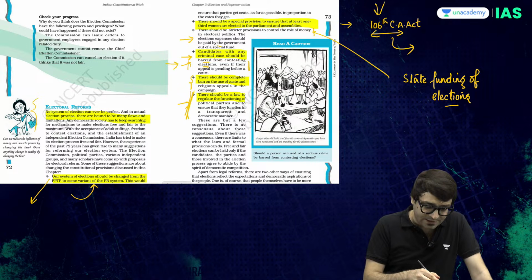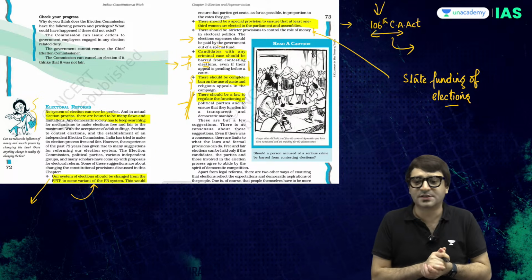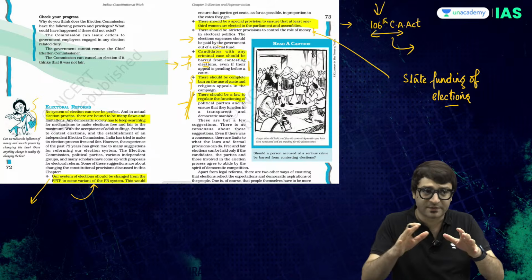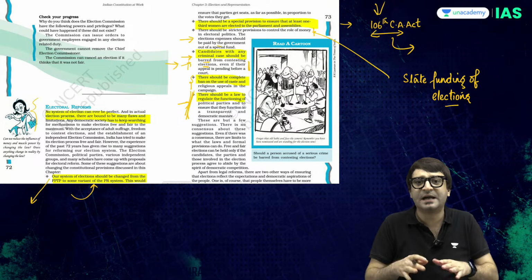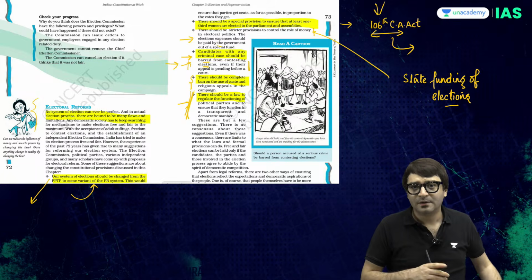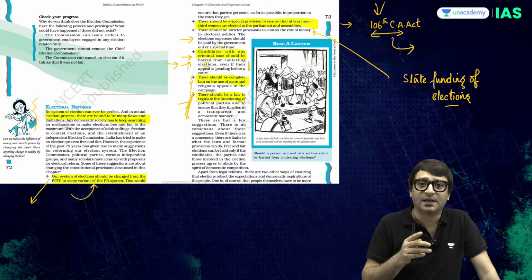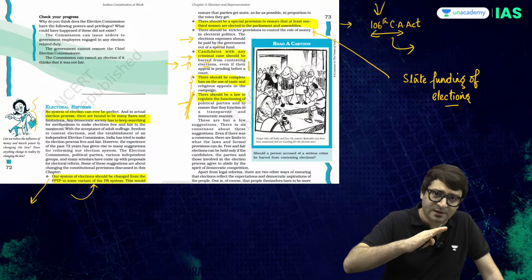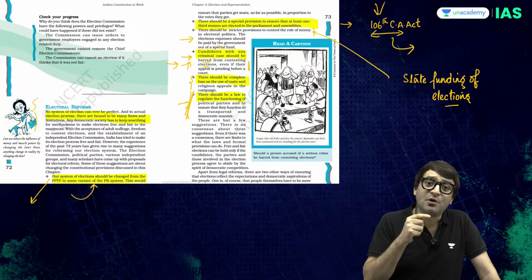That is the need of the hour. But if you are preparing for civil services examination and you think that this chapter would cover holistic syllabus for the exam, you are mistaken. Because for the civil services exam, you should cover in detail what is the role of the Election Commission of India. How election commissioners are appointed, how are they removed, what are their conditions of service, how do we reform